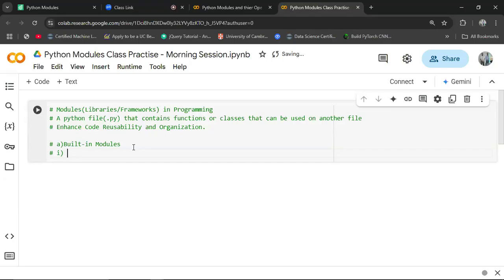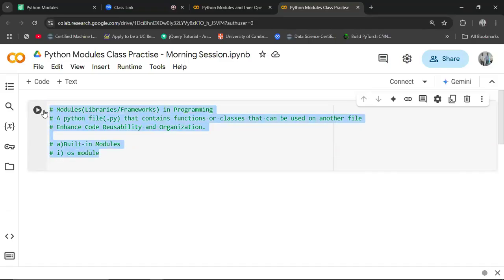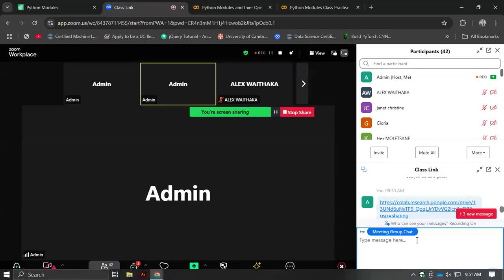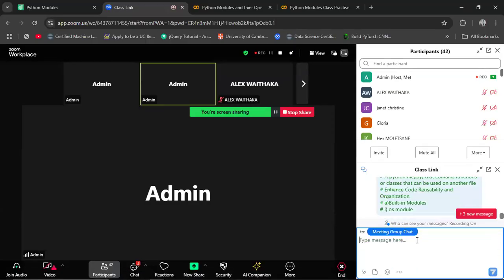The OS module. So the OS module is actually a module that contains functions you can use to interact with the operating system. It's very commonly used, and you're going to meet it in so many applications. So for instance here,